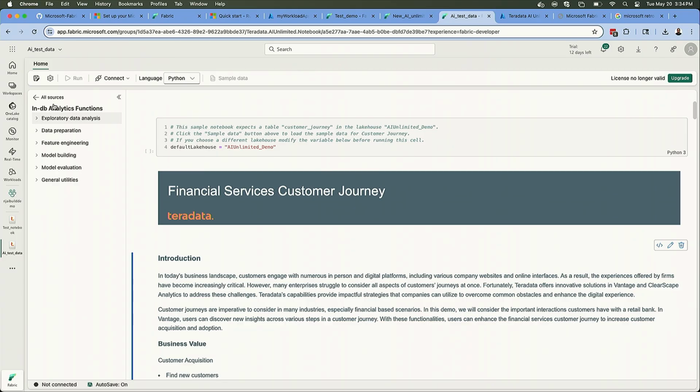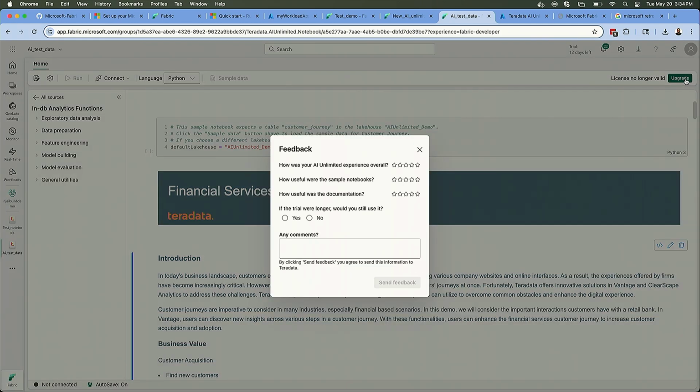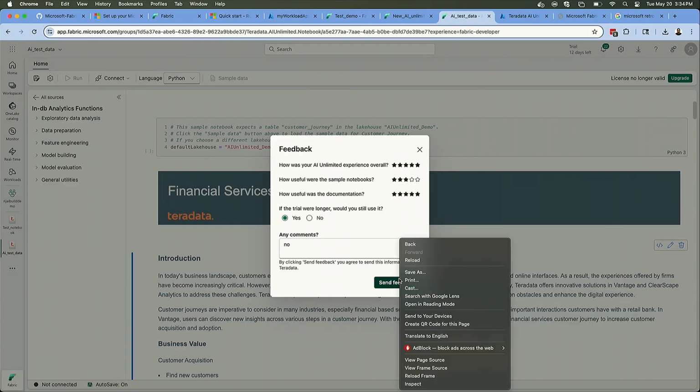Last but not the least, before we wrap up, you can see on the far right corner there is an upgrade button. What it essentially does is it allows you as a customer to test the workload and give feedback to the partner on the capabilities: what's missing, what's good, what's available. But then at the end of it, once you submit it, let's just say it's all good. Did you like it? Yes, no comments. And then now I have the ability to submit this, right? When I send feedback,